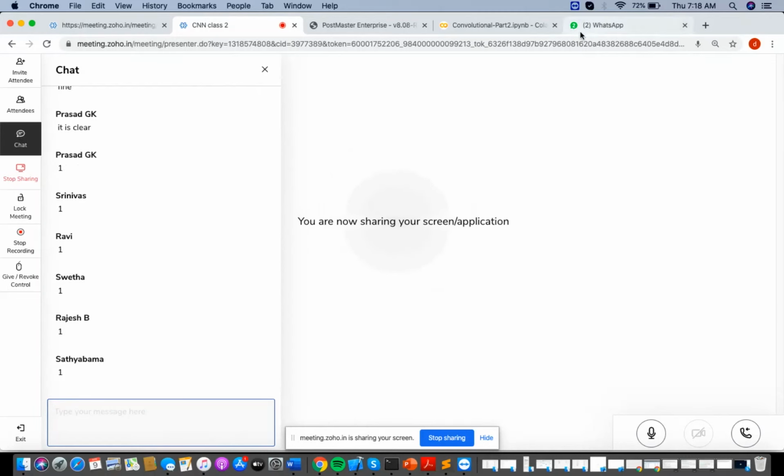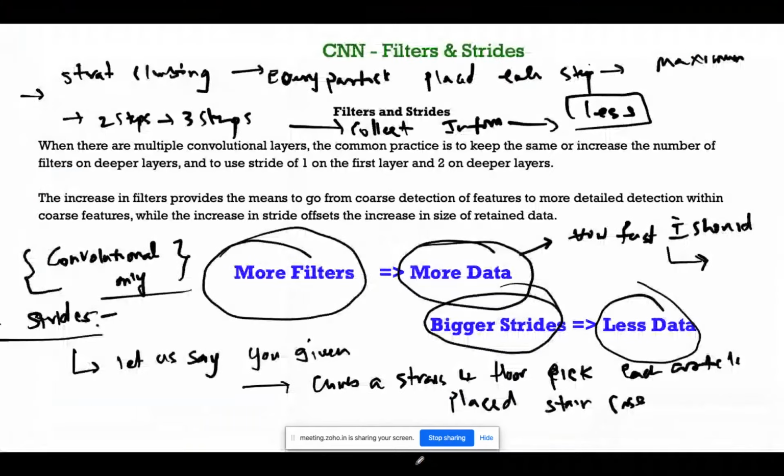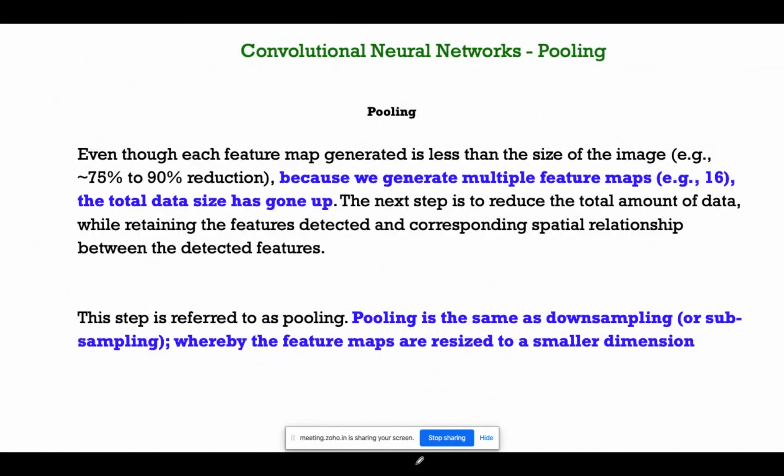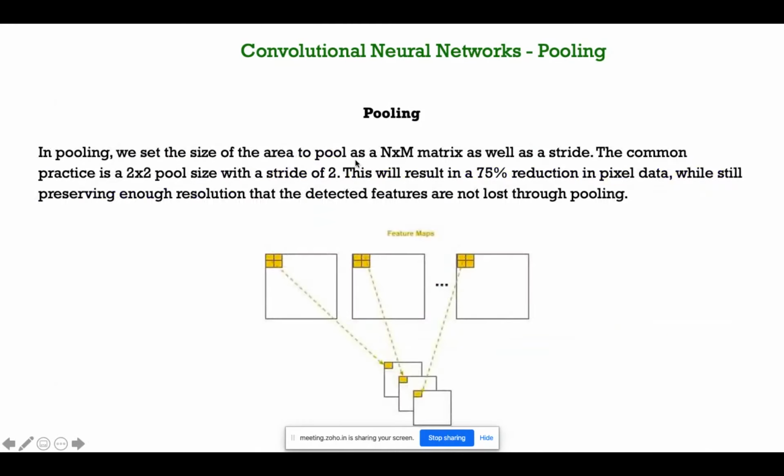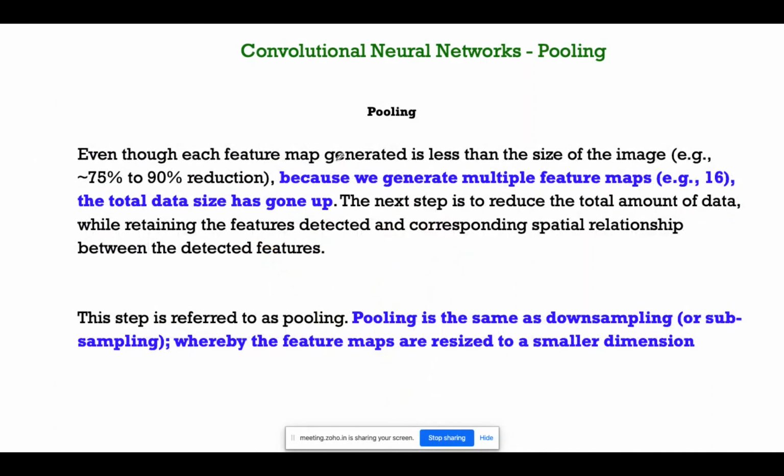Okay. Here is the most important point. Pooling layers. Even though each feature map generated is smaller than the size of the image, because we generate multiple feature maps, the total size has gone up.